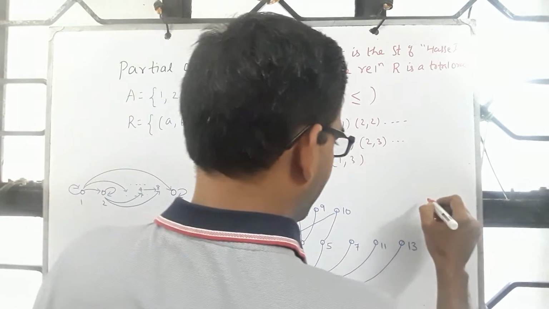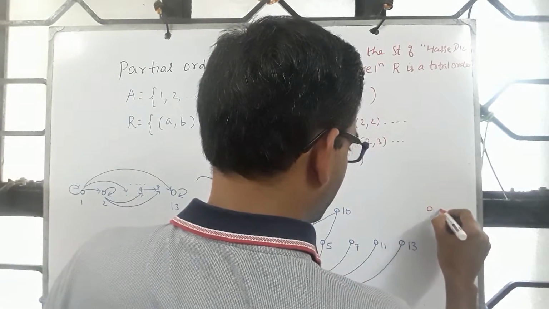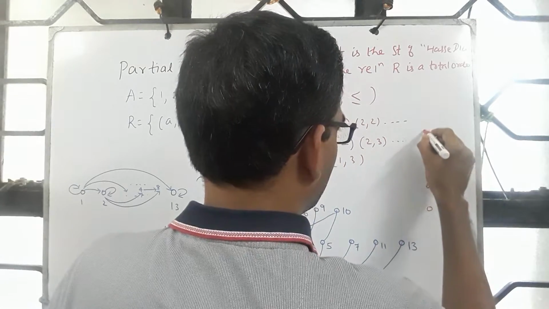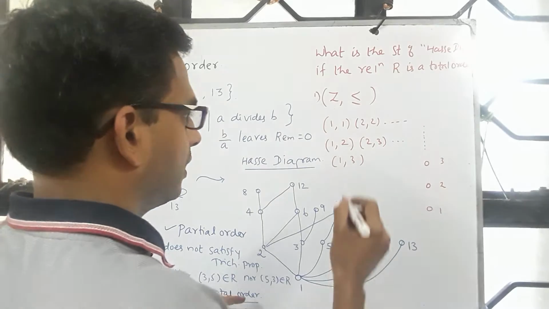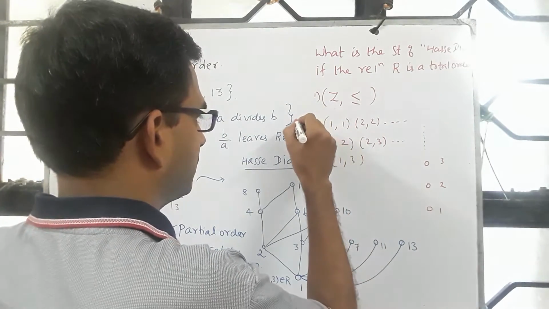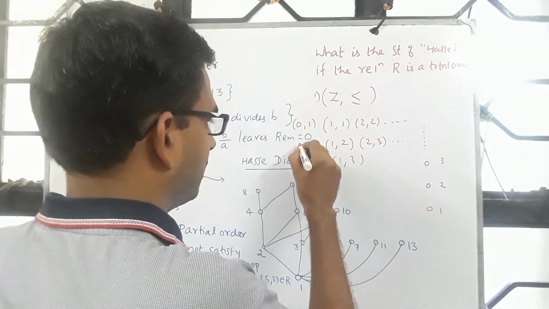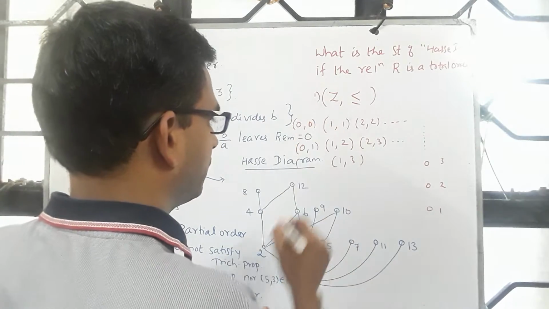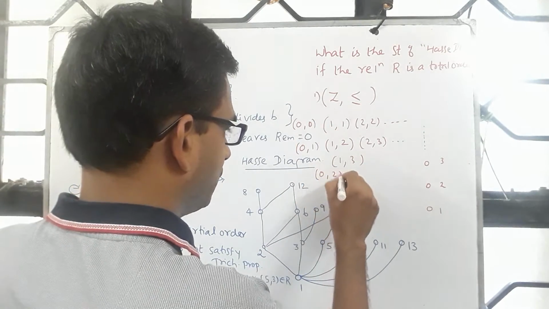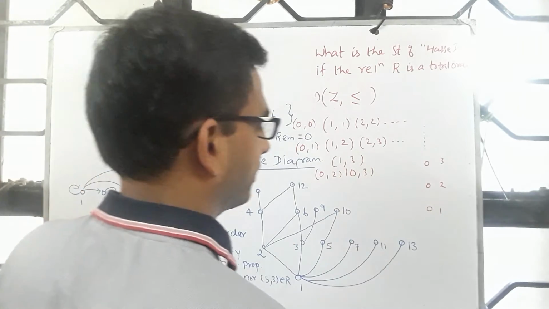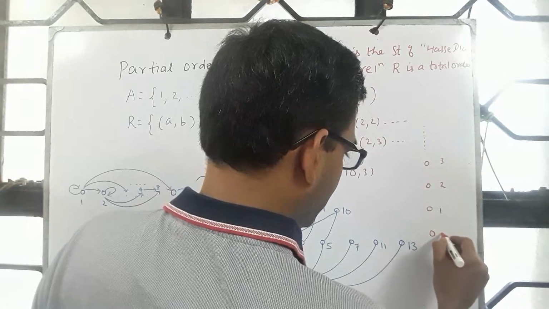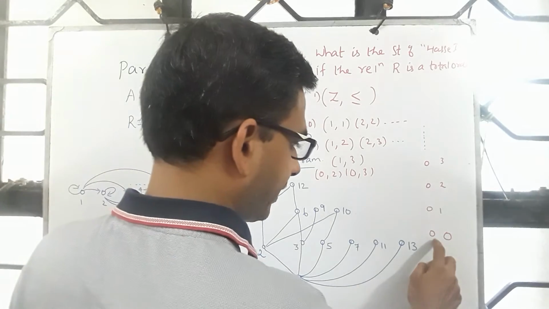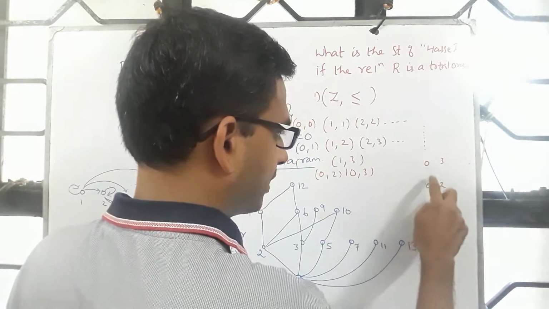So if you look at the underlying Hasse diagram, you have 1, you have 2, and 3, and so on, right? And of course, you can start from 0 as well. So 0 comma 1 and 1 comma 2 and so on, right? So 0 comma 0, and you also have 0 comma 2, 0 comma 3, and all that. So now reflexivity arcs are implicit, so we don't draw 0 comma 0, 1 comma 1, 2 comma 2 and all that.